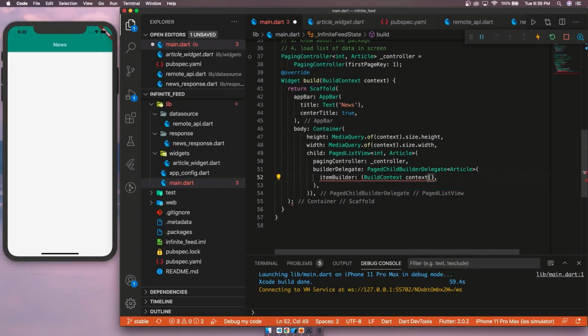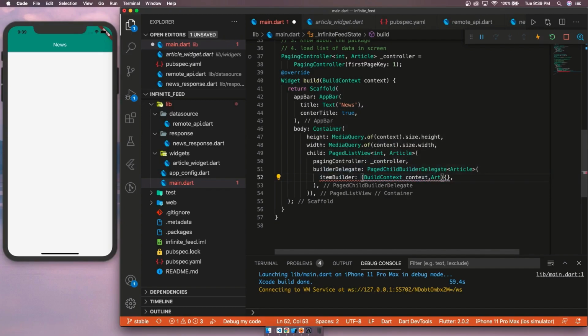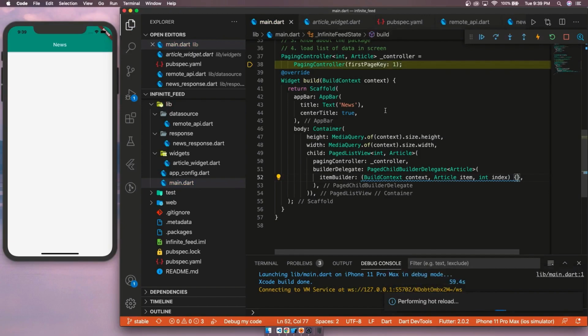You have to mention build context and article, the item type that you are getting back. So article as item and the index, which is integer. Perfect.